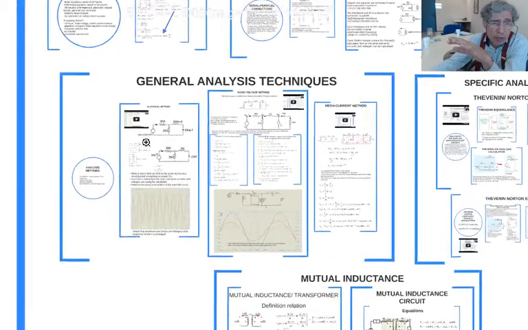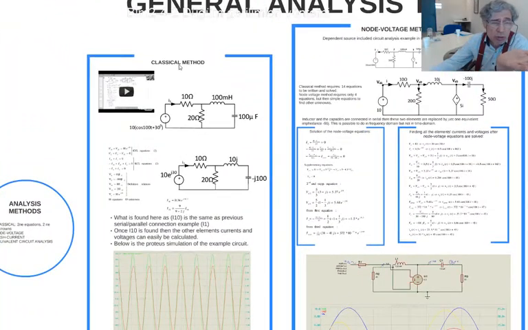One of them is the classical method, where you're going to write 2n equations with 2n unknowns. n is the number of elements. So when the number of elements increases, 2n also increases. So many equations that we have, not easy to solve. So to simplify this, or reduce the number of equations, we use the other two methods.